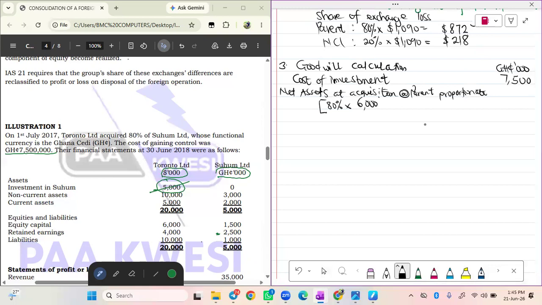So what is the figure? So this will be your goodwill at acquisition, whatever you get. So please, what is the answer? 4,800. 4,800. So the goodwill at acquisition becomes